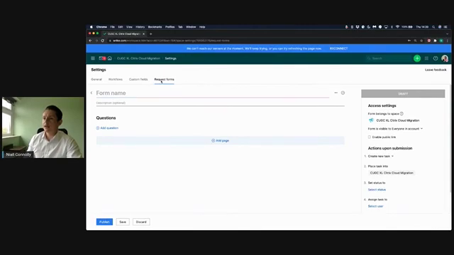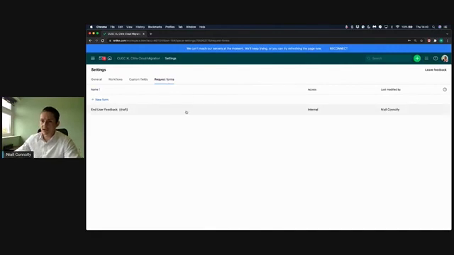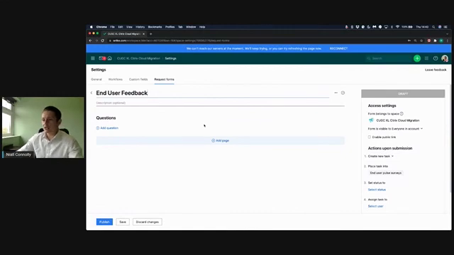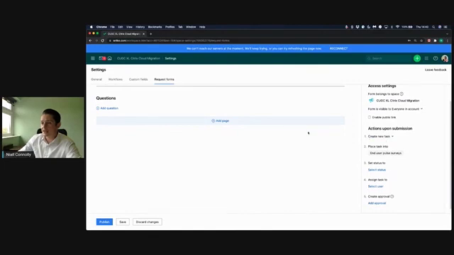And if we go back here, just 1 second, and we look at request forms, you can see end user feedback. These forms are completely customizable. We can add in as many questions as we like. We can add in multiple pages. And then when someone creates this request form, this is going to automatically populate into the folder I've set up